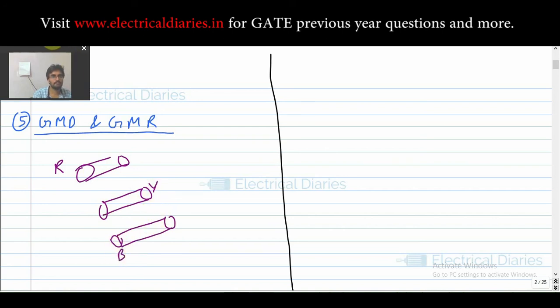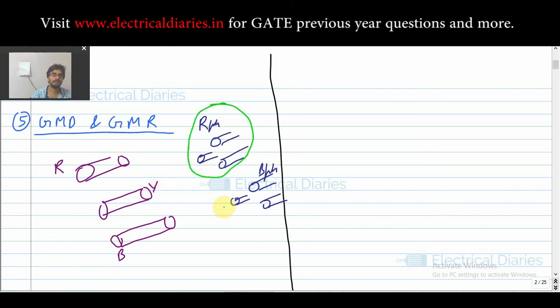But some people thought, why not use 2-3 conductors for R phase only? Like you may use a set of 3 conductors arranged in this equilateral triangle arrangement. This is for the R phase only. Similarly, there will be one more set of 3 conductors, which will be for B phase only. So this is known as the bundled conductor, that is, a conductor containing 2, 3 or more conductors for transferring power.